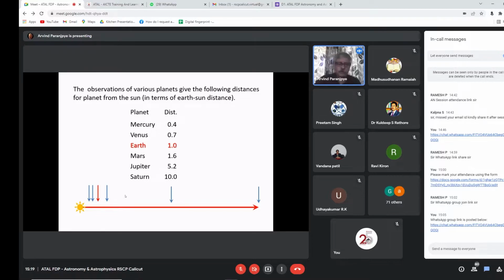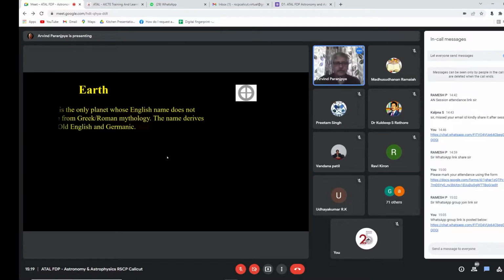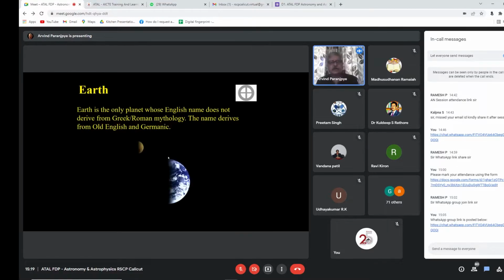Actually, as you go away from the Sun, the distances of planets start increasing. And this is another interesting exercise which students seem to understand or realize, how big our solar system is, how empty our solar system is. Okay, Earth it is. Earth is the only planet which has life and which has a good kind of